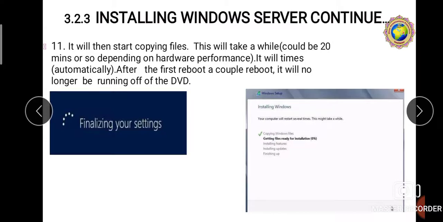Finalizing your settings and installing Windows all depend on our hardware performance. Then it will restart automatically after the reboot and stop running off the DVD files. Okay, next.